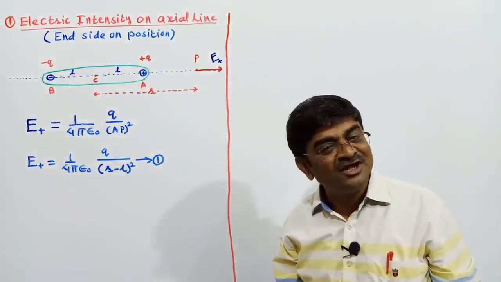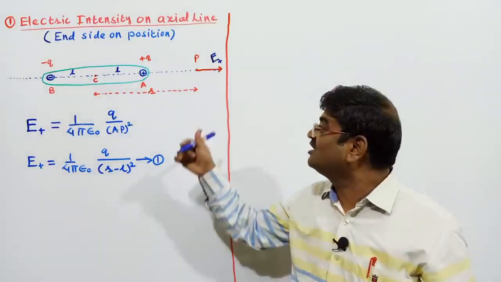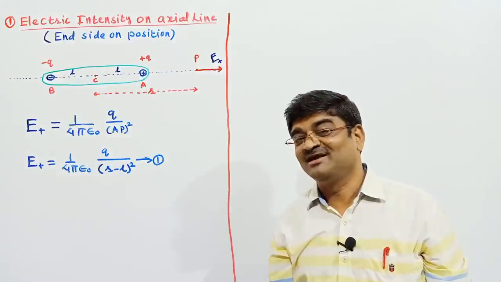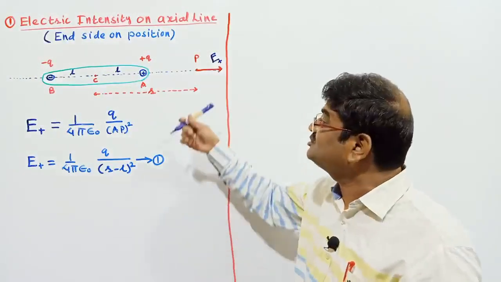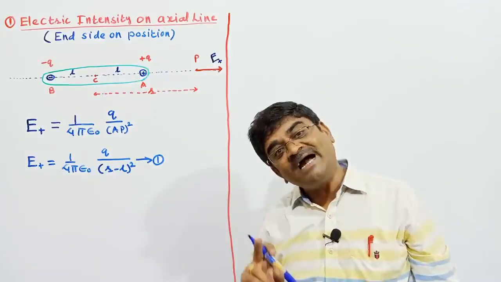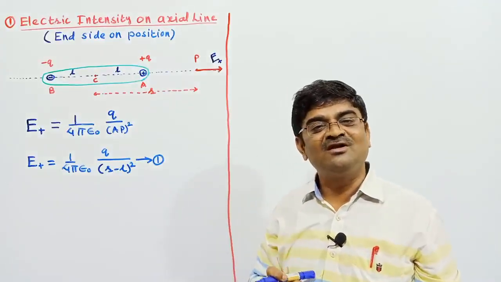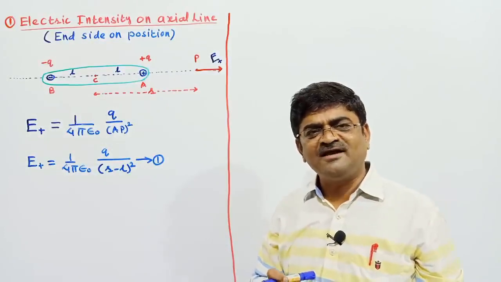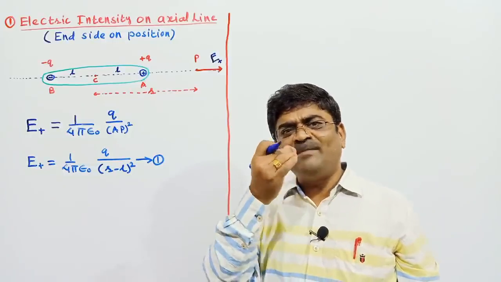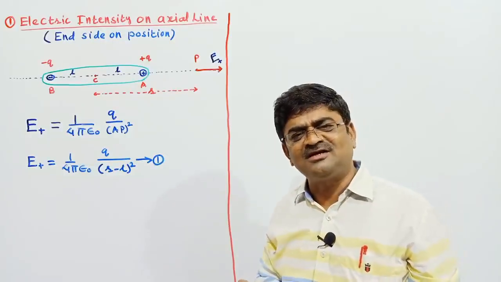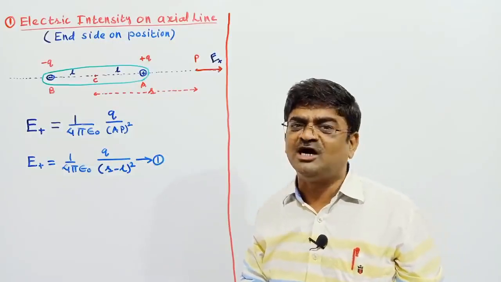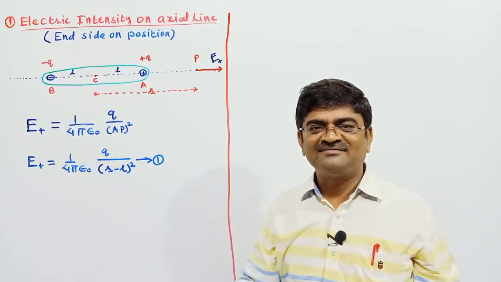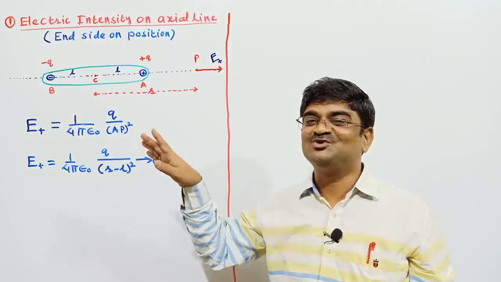Similarly, I will do with negative charge. I have a contribution by the negative charge also. So let me show the contribution to the electric intensity at P by the negative charge of the dipole. And dear students, again I need to remind you about the direction of electric intensity contributed by a negative source charge. Three words again: negative, along, and towards the source charge.